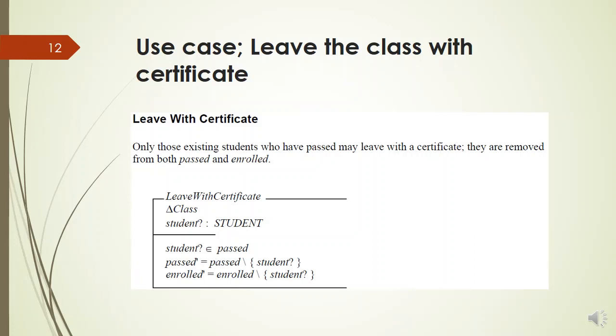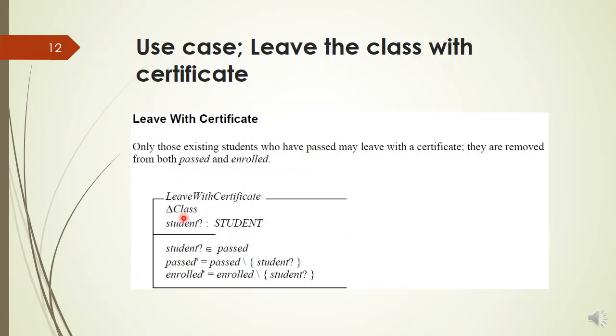Therefore, the operation schema leave with certificate would bring change in the system state, and this operation would change the value of both the state variables. Therefore, delta decoration will be used in this operation schema, and the